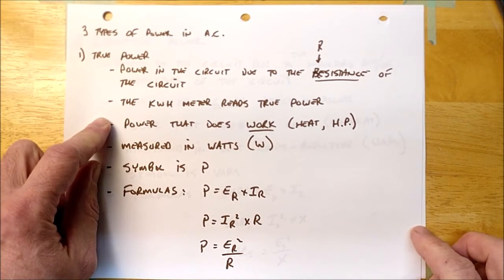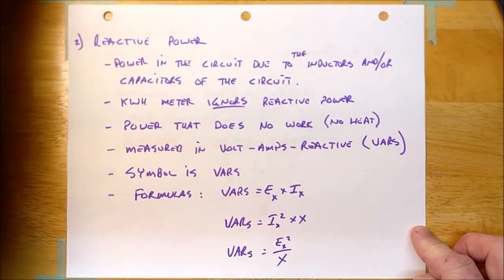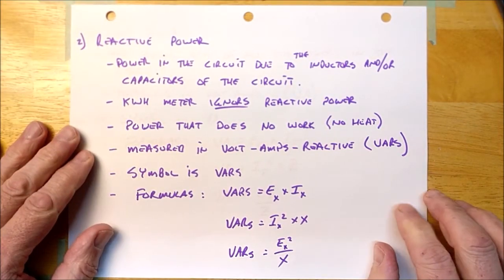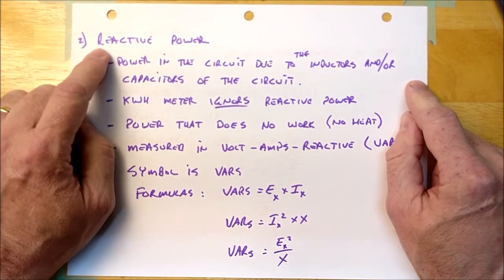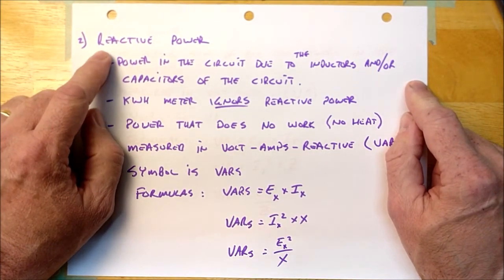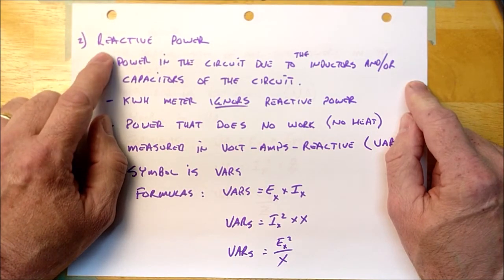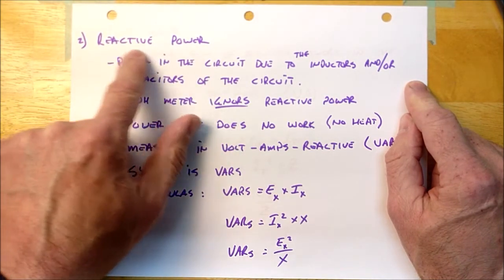So that is the first type of power that we have in an AC circuit, and it is all to do with the resistive part of the circuit. But we know now that there are other components in a circuit, and so what about them? Well, the other two components that you could have in a circuit are inductors and capacitors,